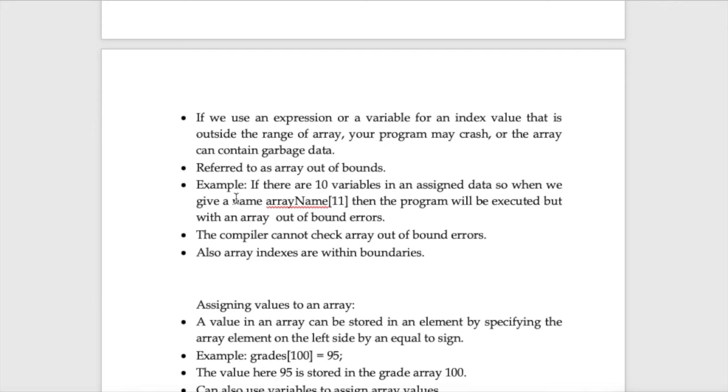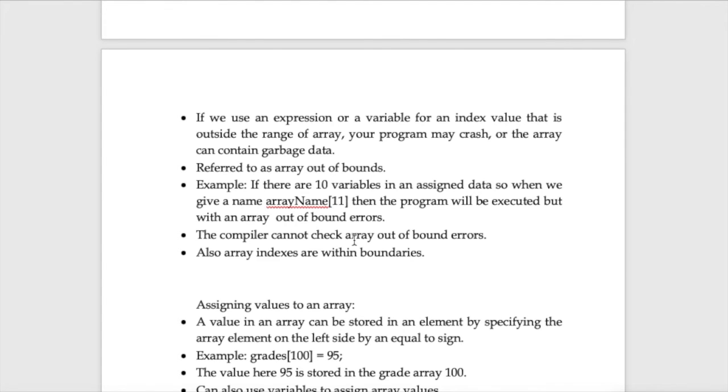If there are 10 variables in an assigned data, and you exceed that range, then your array is out of bounds. Your program may crash, and it is named as array out of bounds.